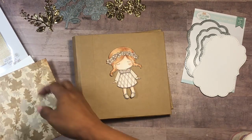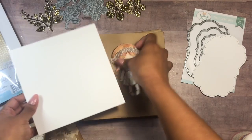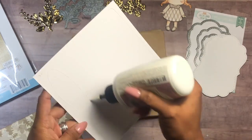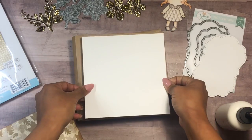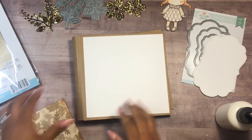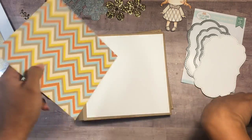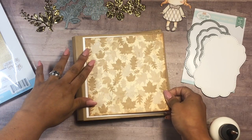And so I went ahead and cut a piece of white cardstock at 6 by 6, and I'm just going to glue this on my cover just to give it a little frame to the next piece that I'm going to put down. I think it makes it stand out. So this little piece was cut just a little bit smaller than 6 by 6. So I'm just going to glue this one down as well. So I'm just going to put it down